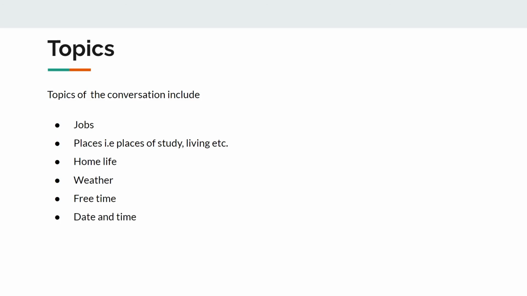Date and time, he might ask you about particular dates, for example when is Christmas, when is your birthday, or any other date that he wants. And lastly, ordinal numbers up to 31st for dates, meaning you must be able to use ordinal numbers when talking about dates. So if you want to mention the Christmas date, you must say 25th of December, not December 25 or 25 December. Using ordinal numbers is also important.